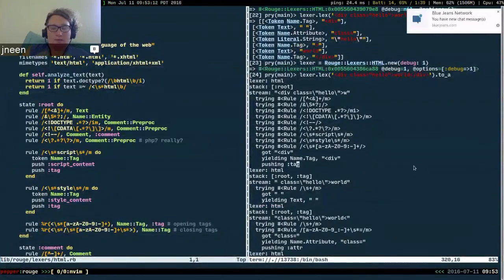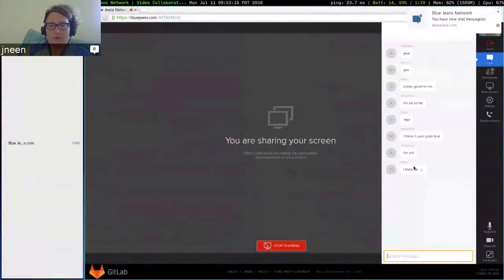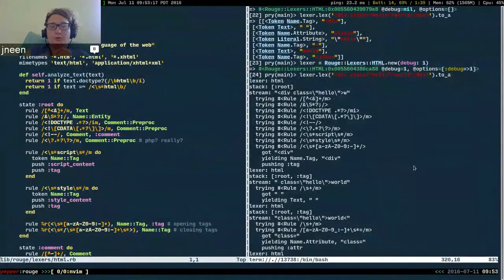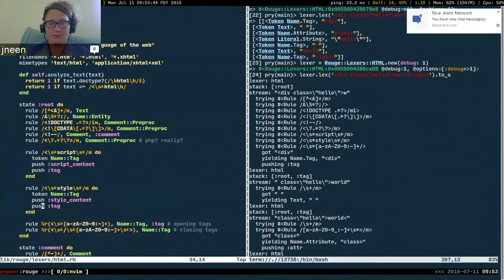Cool. The rules, as you can see if you're looking at the left side of my screen, come from the lexer. So we see here a state declaration. We're defining the state root, and that should map you to here. In the state root, we have a bunch of these rules, and the one that sort of got activated